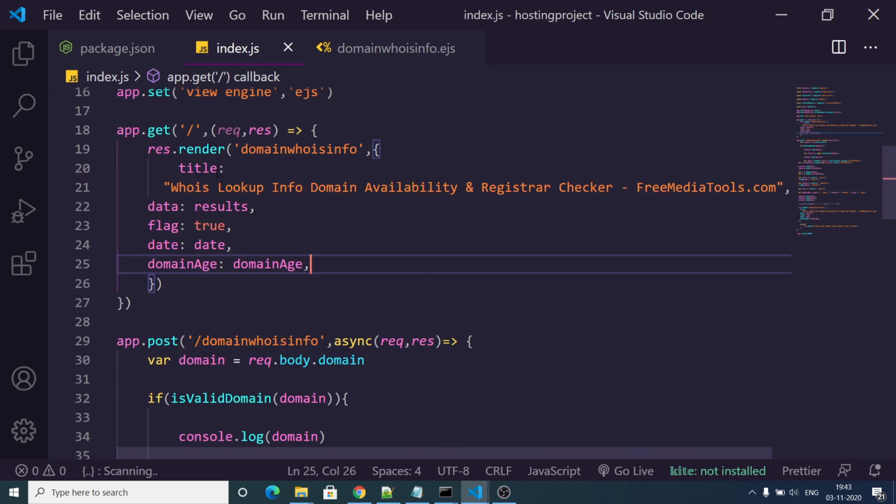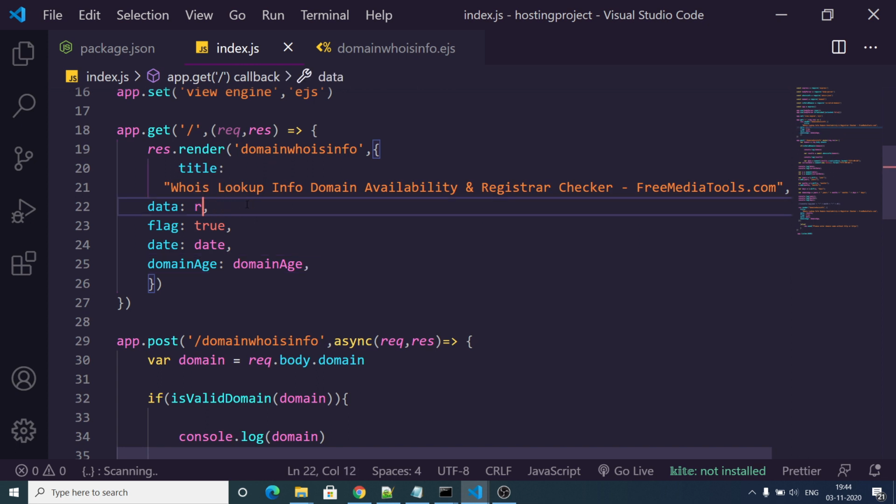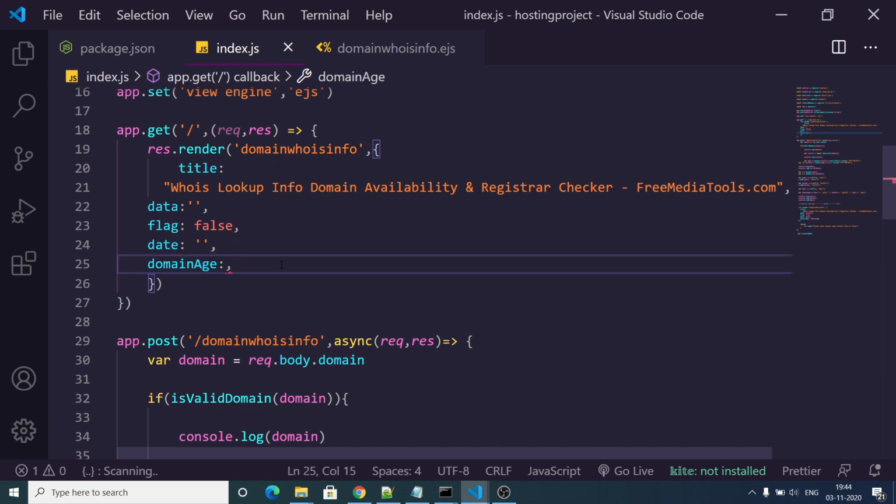Every time you render the template, you need to pass this information. When we open the page for the very first time, we do not have to pass data, so this will be empty for now. Flag will be equal to false since there is no data, and date will be null, and domain age will also be null, like this.